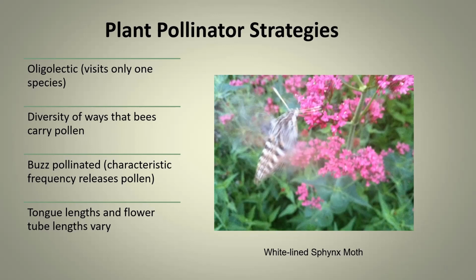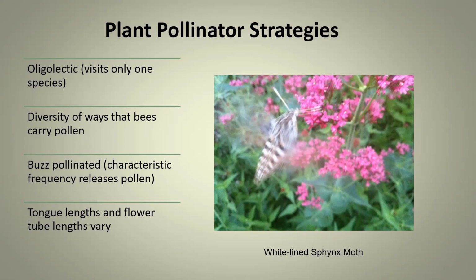There are different ways that the bees can collect and carry the pollen. And there's this buzz pollinated characteristic. I actually saw a video of this. I wish I had it to show, but it was a bumblebee inside a penstemon flower. And you could see that the vibration of the bee buzzing actually caused the flower to release a burst of pollen,